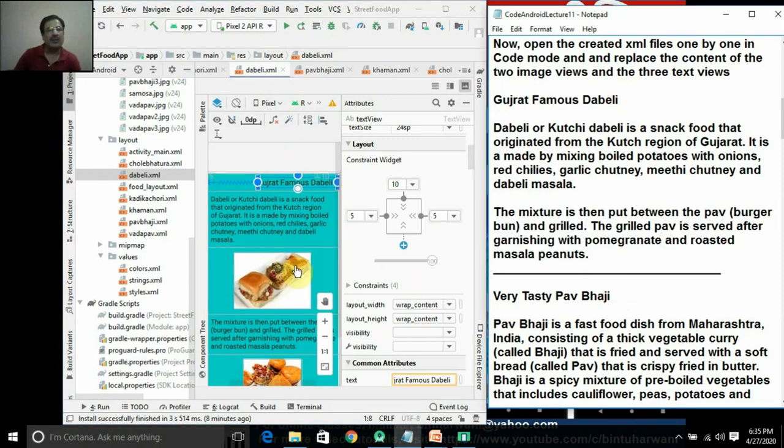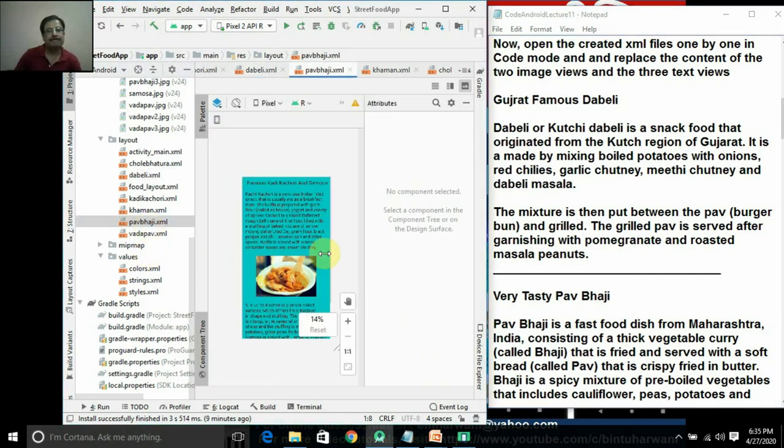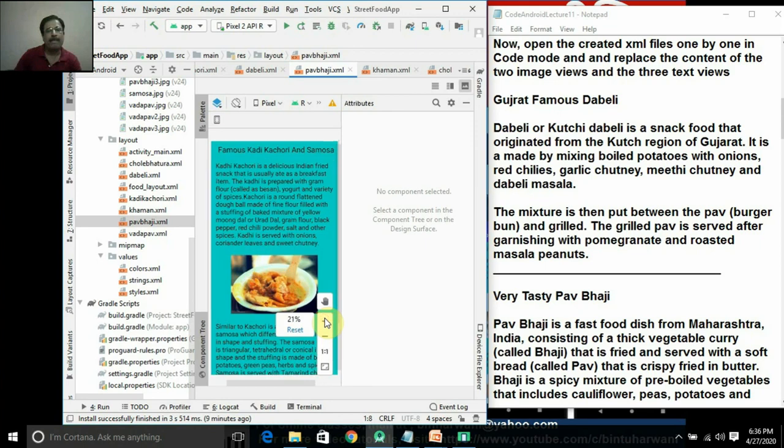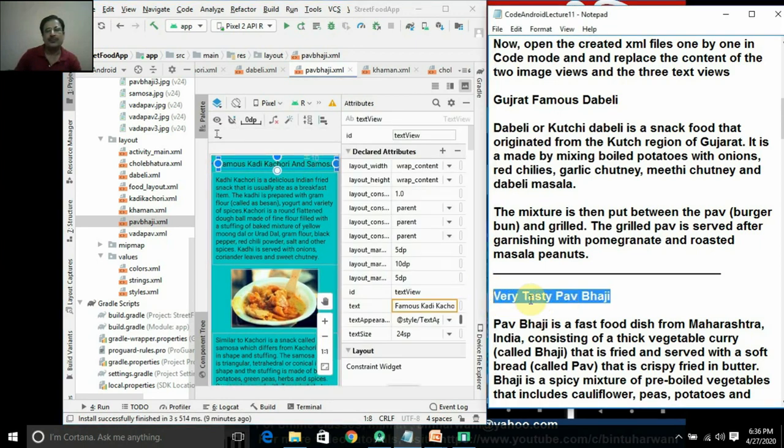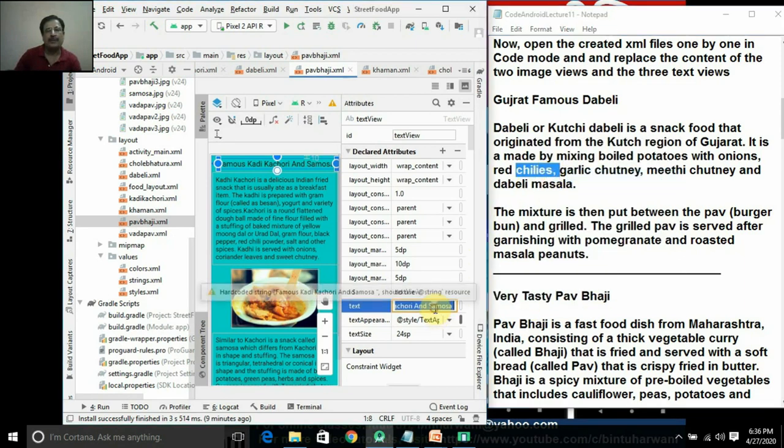Next you want is Pav Bhaji. Click on Pav Bhaji here. Click this property, select this, copy. From here, text property, delete and Ctrl V. Don't worry about this, this will be at the center.